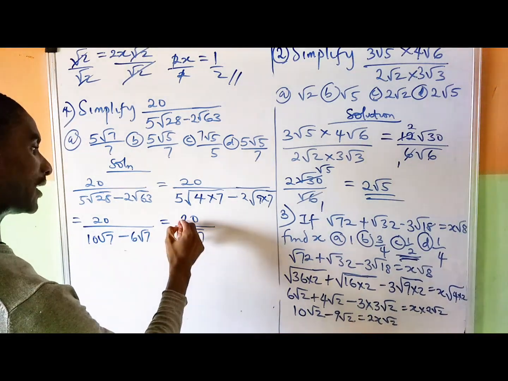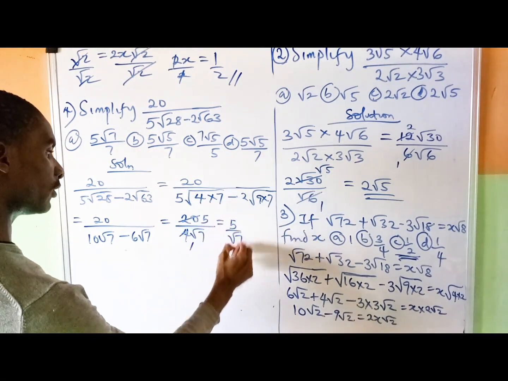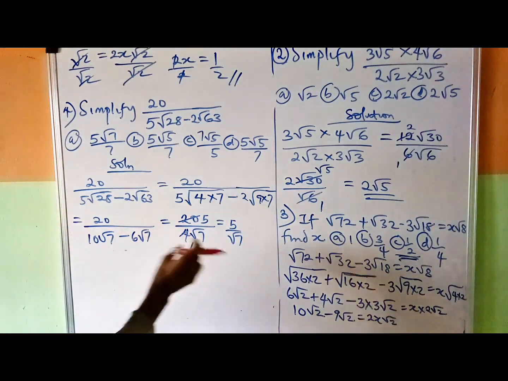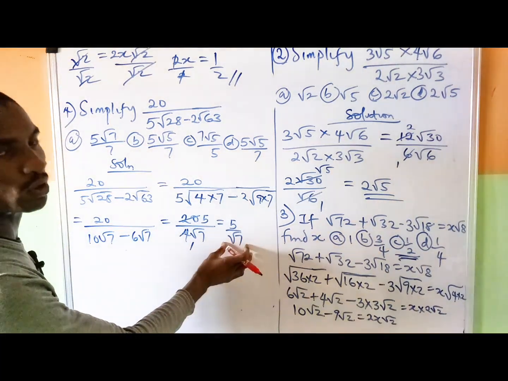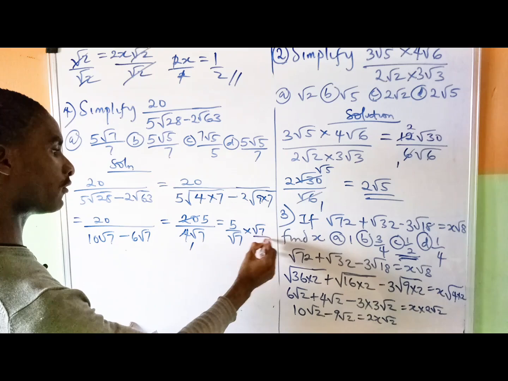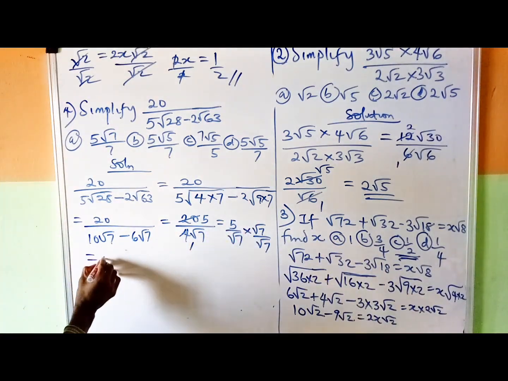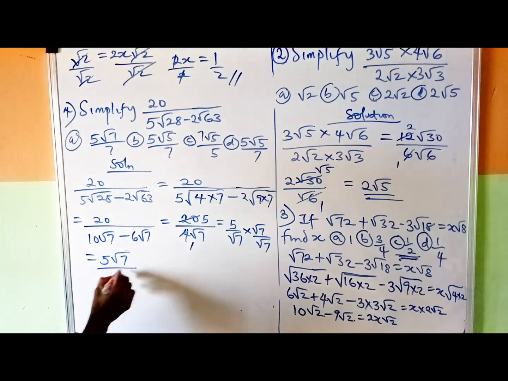So what can I do as we proceed? 4 can divide 20, and I will have 5. So I have 5 divided by root 7. But remember, I told you earlier, you don't leave a square root at the bottom. So you rationalize this denominator. It's going to be times root 7 over root 7. That's how you rationalize. So when you do that, you're going to have 5 root 7 all over